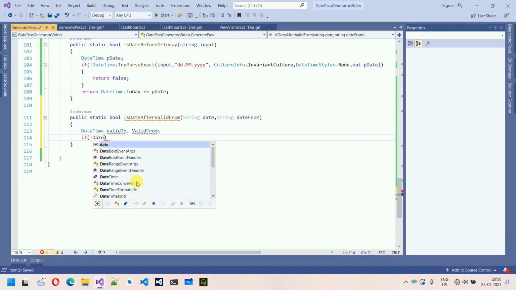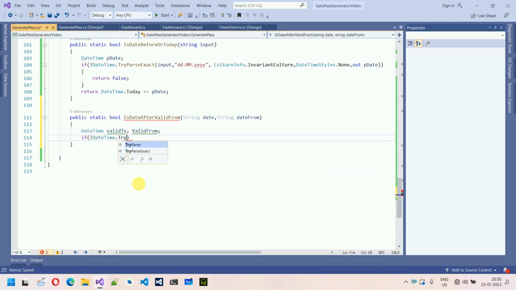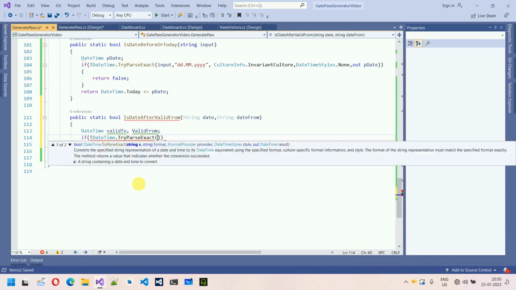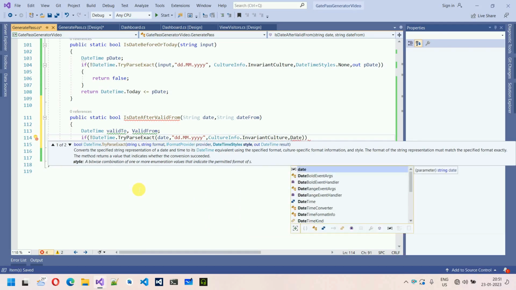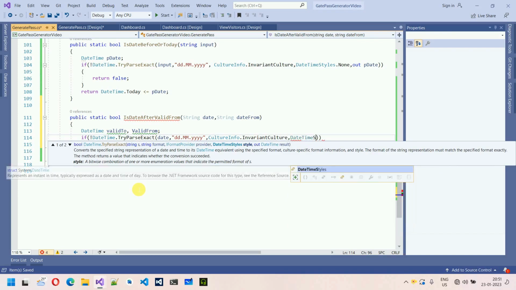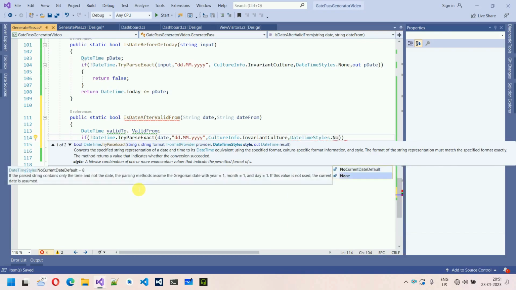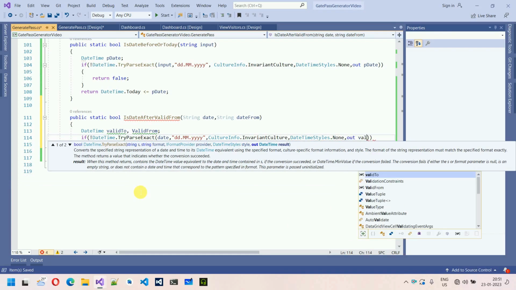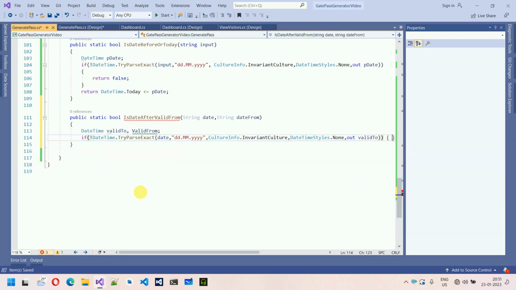So if not DateTime.TryParseExact, and for this one we are going to pass date, comma, dd.mm.yyyy, comma, CultureInfo.InvariantCulture, comma, DateTimeStyles.None, comma, out validTo, and here we will return